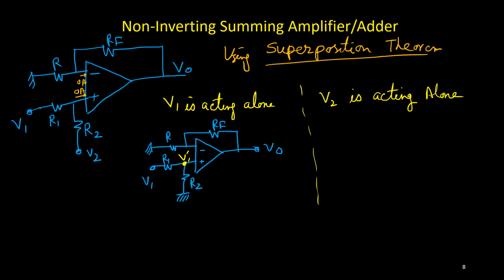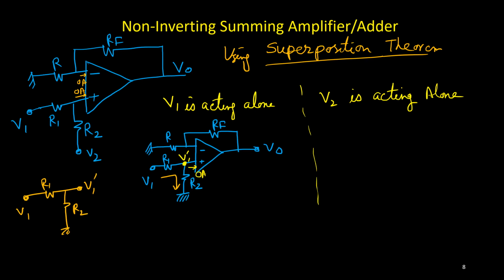Because there is no current flowing through this side, no current is entering, this is your 0 ampere. So I can consider that this is a single circuit. Whatever current is coming here has to go this way. So it is a simple circuit. This is your R1, this is R2, and this potential is V1, and this potential V1 prime I have to find out. So it's a potential divider circuit.